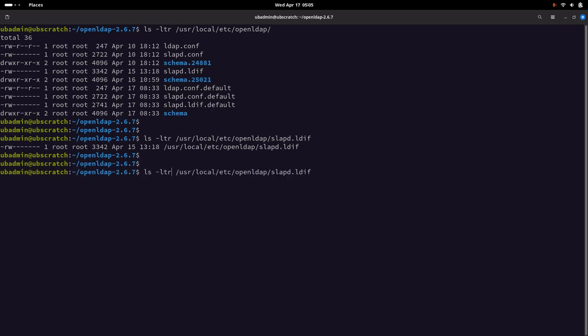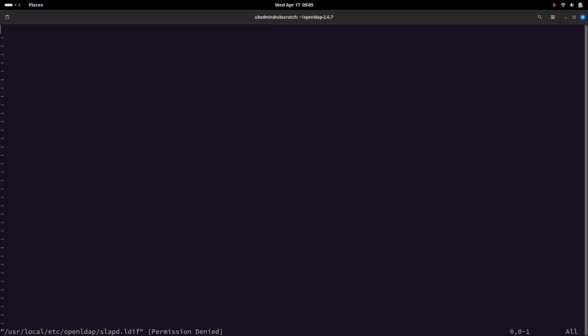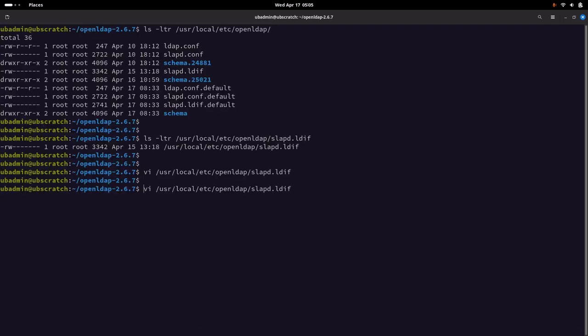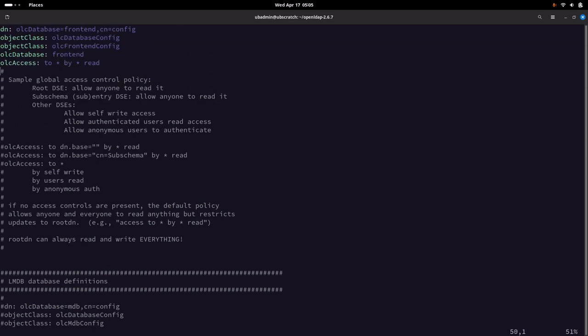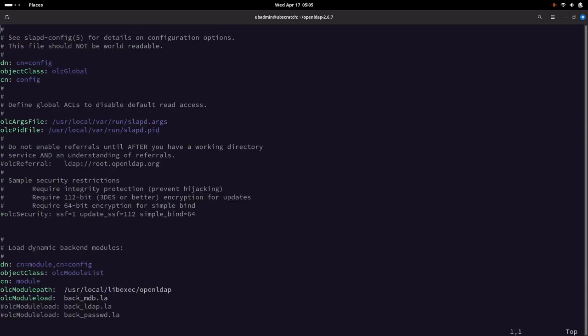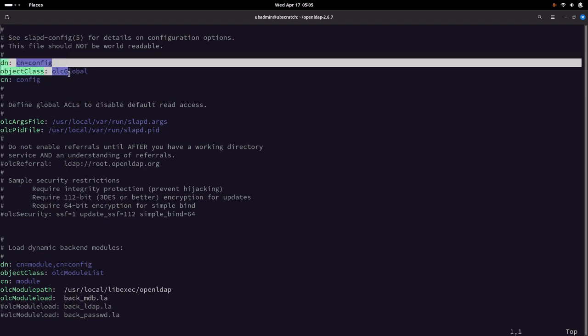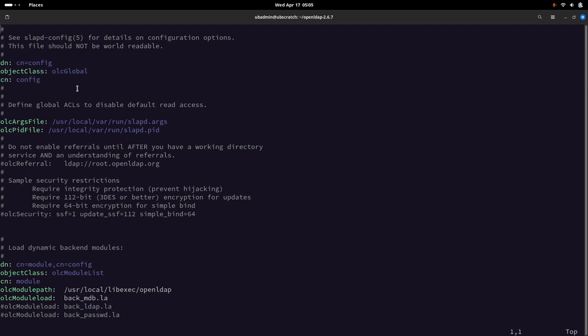If we try to open this file, we need to open this with sudo. So this is the configuration file that we get. Let me go to the first line. If we try to understand this configuration file, basically it reflects the directory tree that we are going to build using the OpenLDAP package. Okay, so cn=config is basically the top level object, we can say, in the directory structure which follows the